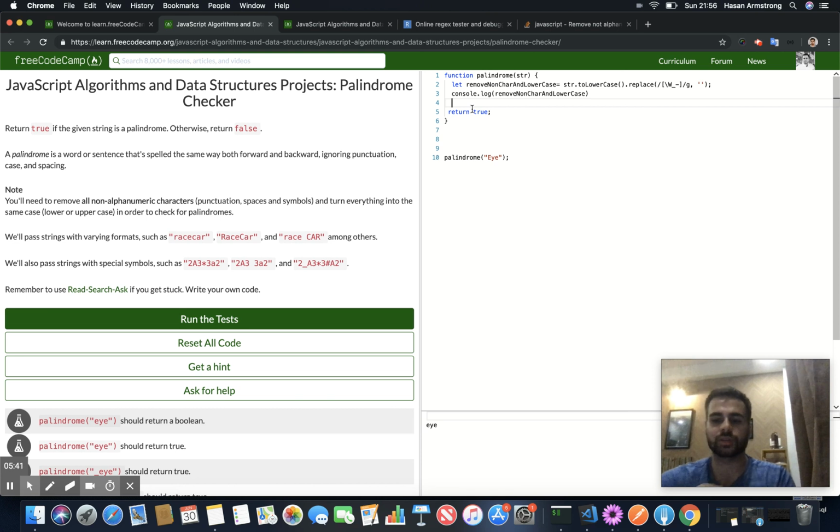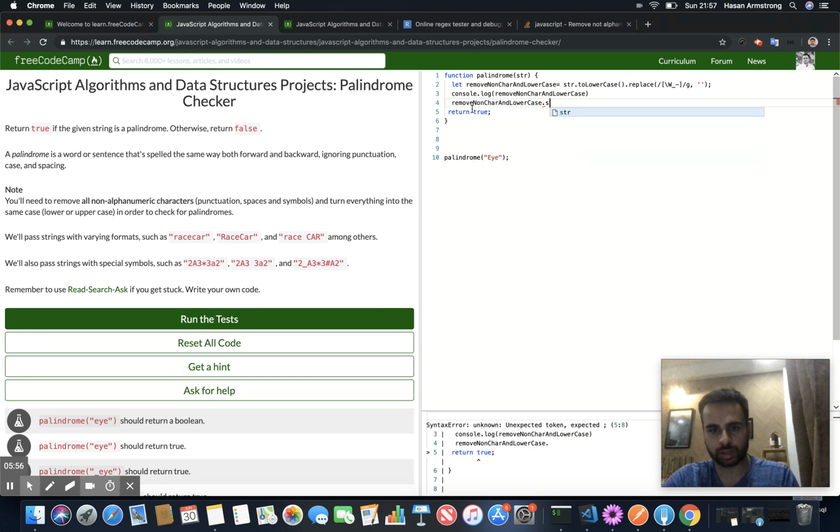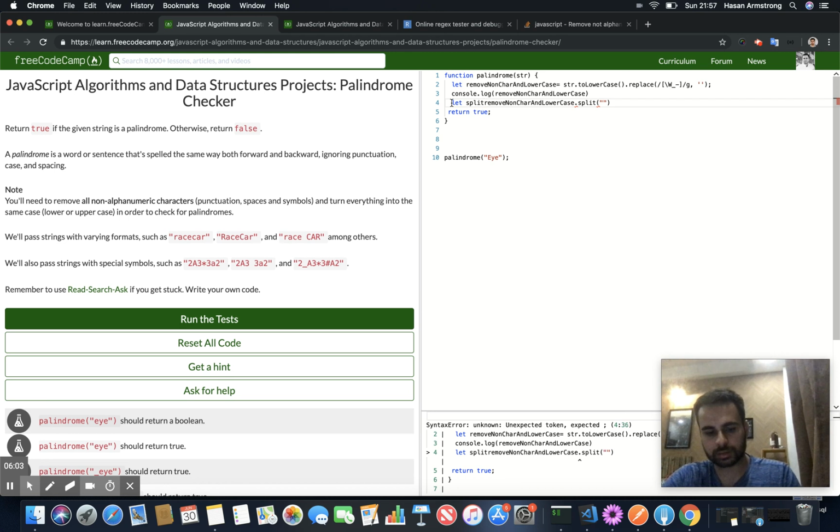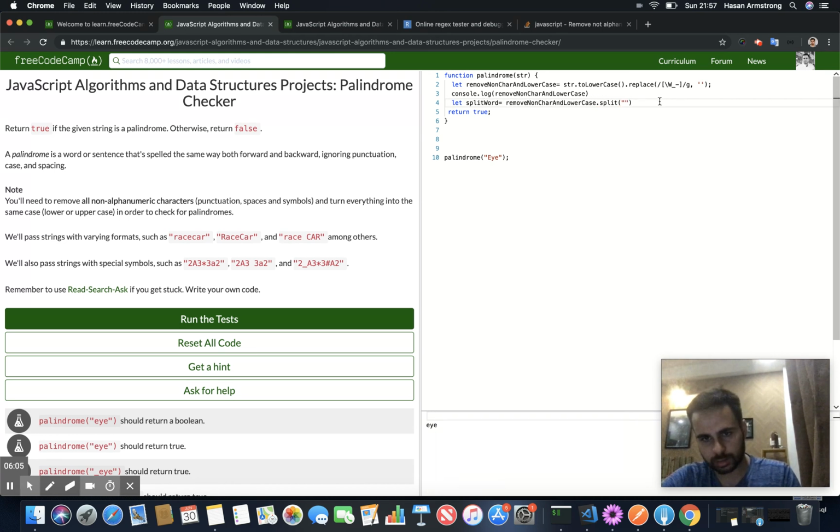To check the palindrome, first we need to reverse the string. Hopefully, if you've completed up to this point in the freeCodeCamp course, you should be able to do this with no problem. The first thing we do is remove non-char dot split, split word. This just splits the word into separate letters in an array. So if I console log